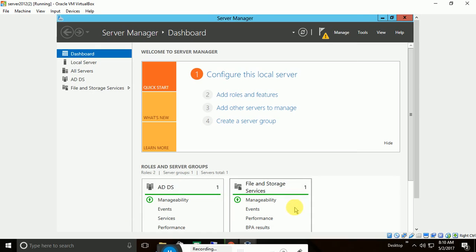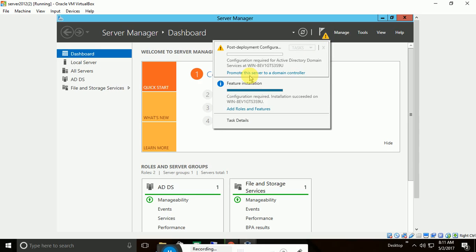So close. Now what will I have to do in Server 2012? We have to promote this server to be a domain controller. Active Directory has installed successfully, but in previous server, after installation we just restart the system and Active Directory works properly. But in Server 2012, after installation of Active Directory, we have to promote server. Here you can see promote this server to a domain controller. Click here